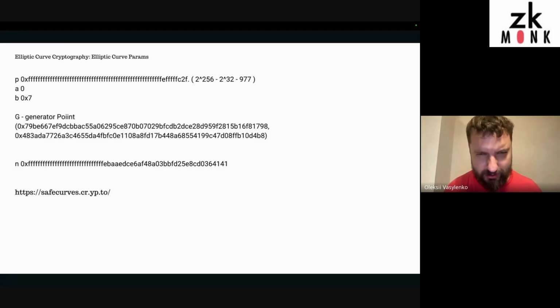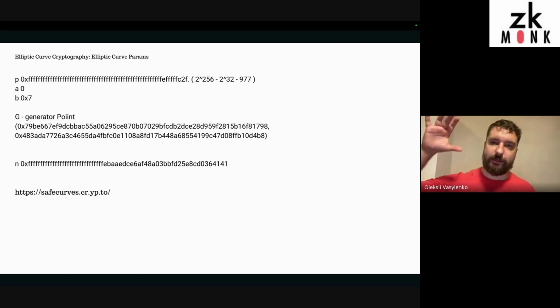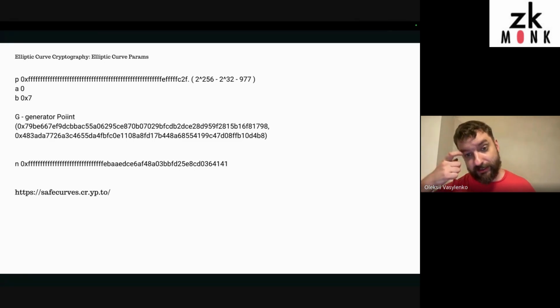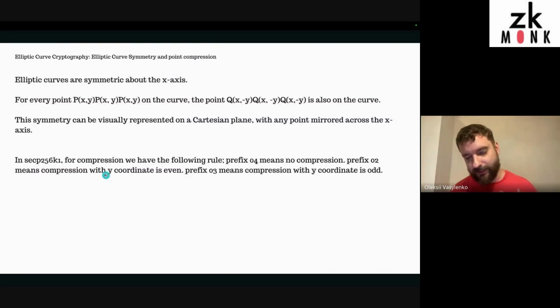Let me just come back a little bit. As you see, the last number of the point is odd. It means that with symmetry, one y coordinate will always be odd, and the symmetric y coordinate will always be even, because in sum they need to give these numbers. That brings us the possibility to compress